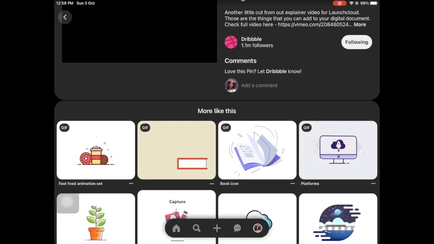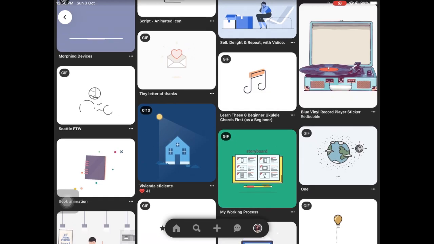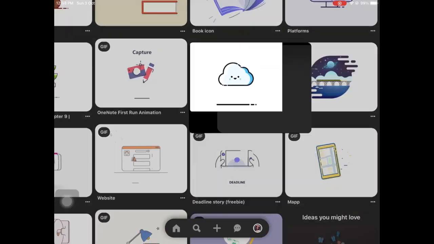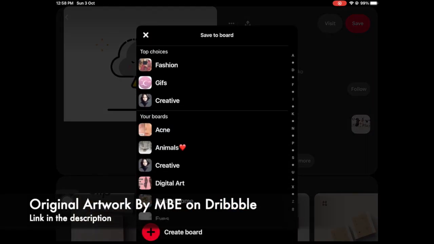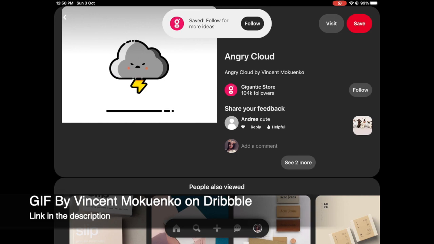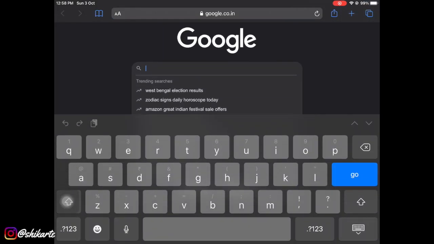So guys, just hop onto Pinterest and find the cutest GIF that you can find, and we are going to be using this GIF as a reference and also to kind of cheat. This is the GIF that I found really cute, and I will give the name of the artist somewhere on the screen so that you guys don't pull me down in the comment section.